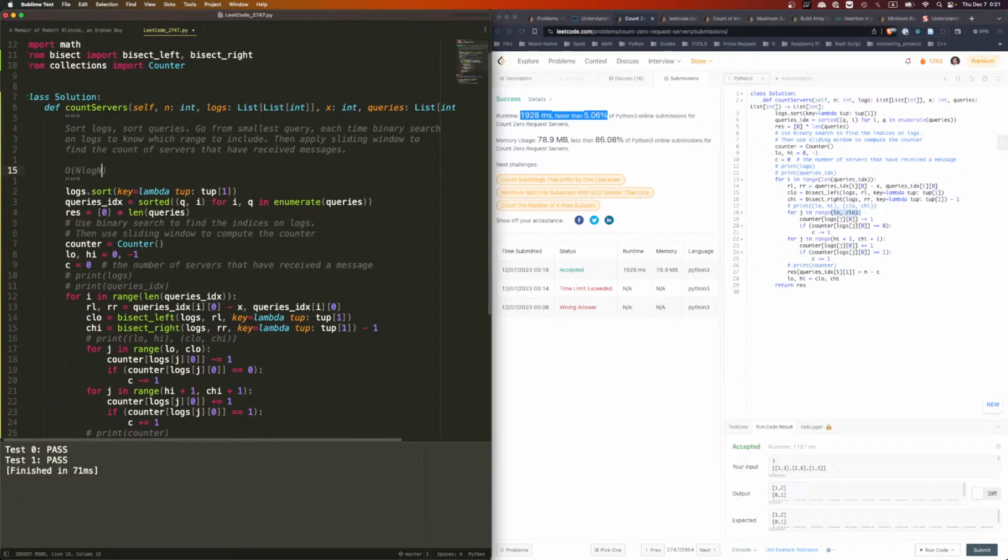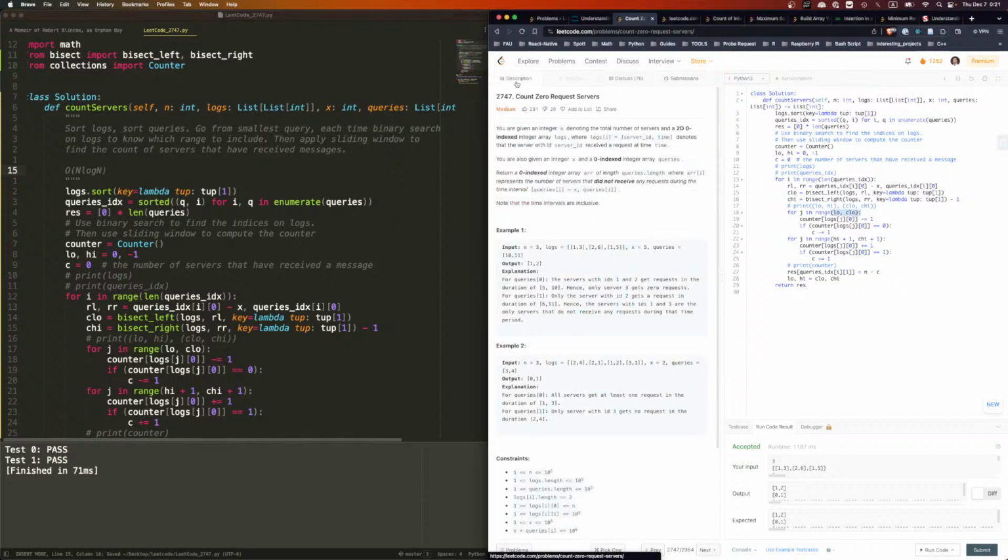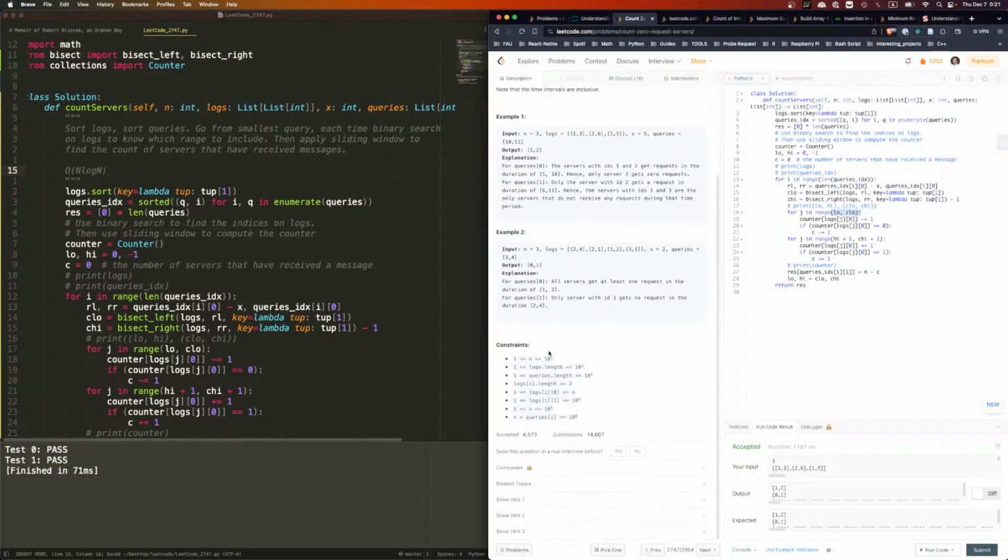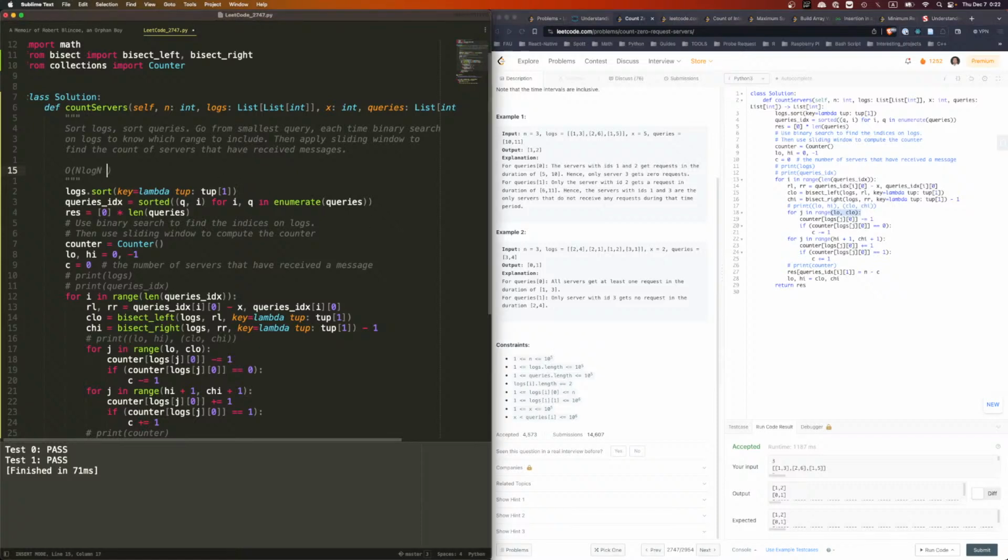So O(n log n) with a sort. Technically we have n and we have queries, and these are two different things. So we have logs.length and queries.length. Okay, so plus m log m. Okay, so we have that, and plus